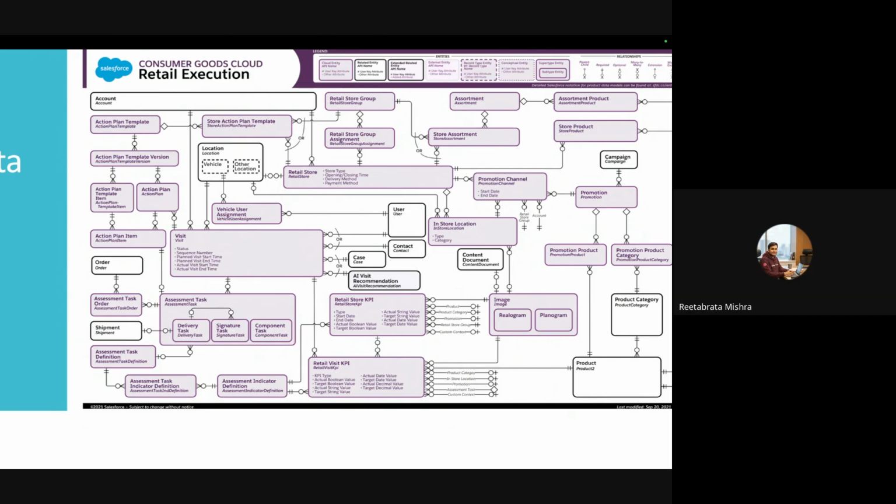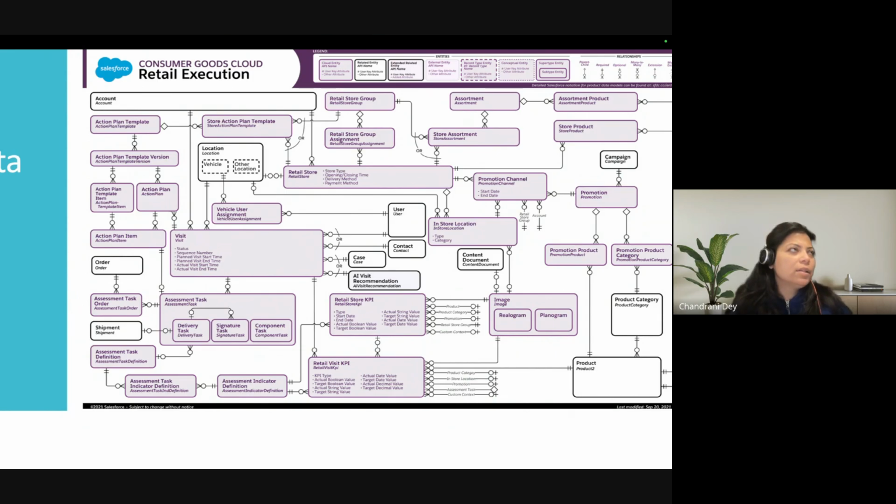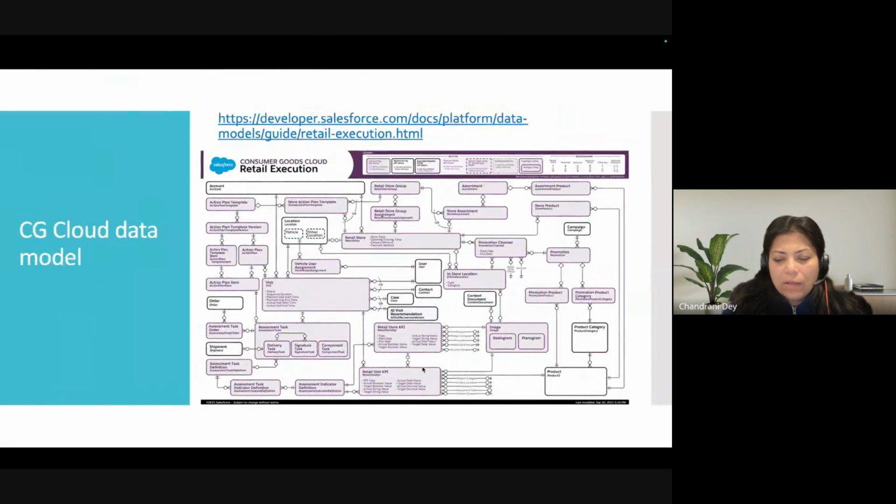Okay. But why they have given the image object is to make it compatible with the mobile device. So in the CG Cloud app, extra features will be there. If you have to make it compatible, only files will not suffice. That is why it is given. And if you keep in these planograms and realograms, it is going to be pulled into the KPI as well. So that is why these features are there. It will be directly pulled into the KPI.